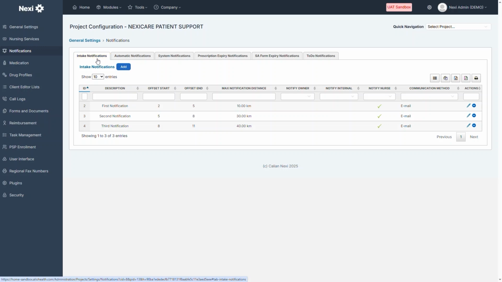For our program, we've created 3 follow-up email notifications if a patient isn't assigned within the first few hours of enrollment. After 2 hours, the first notification will be sent to nurses within 10 kilometers of the client. After 5 hours, the notification will expand to a radius of 30 kilometers. If no response is received after 8 hours, a third notification will be sent to an extended radius of 40